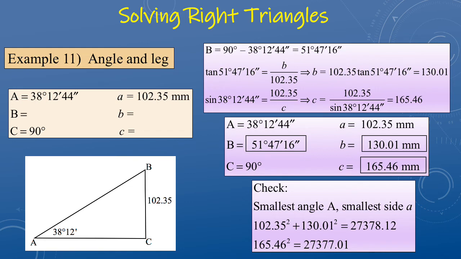To check it again, the smallest angle is opposite the smallest side. And by using the Pythagorean theorem, we take a look at 102.35 squared plus 130.01 squared, and we get 27,378.12. And when we look at 165.46 squared, we get